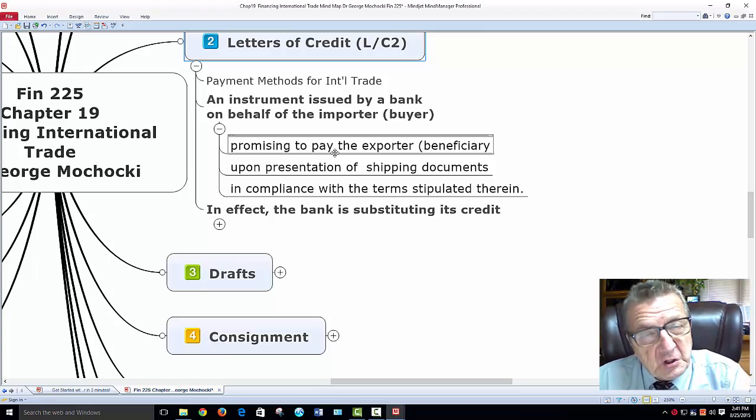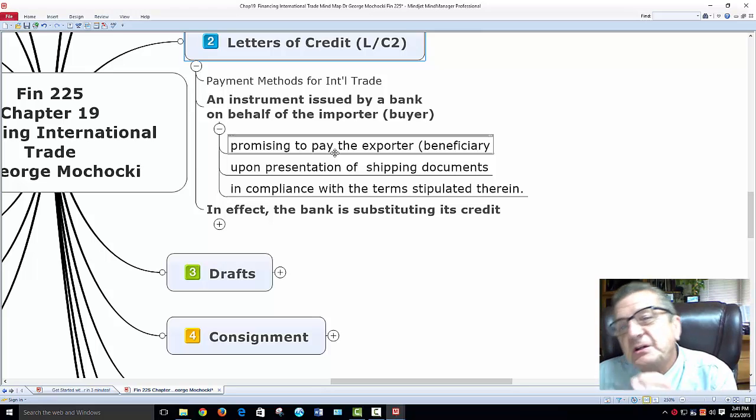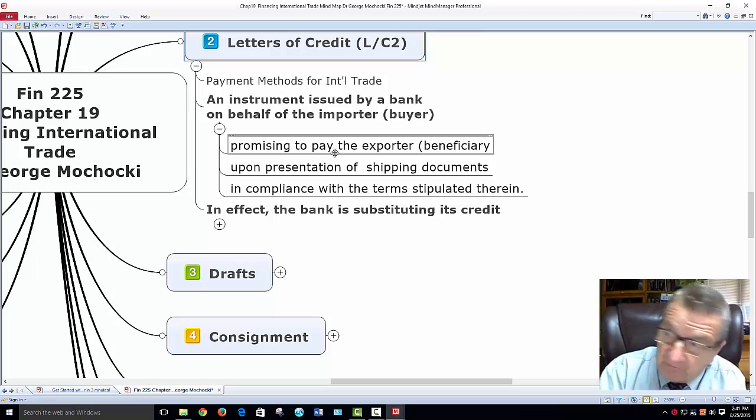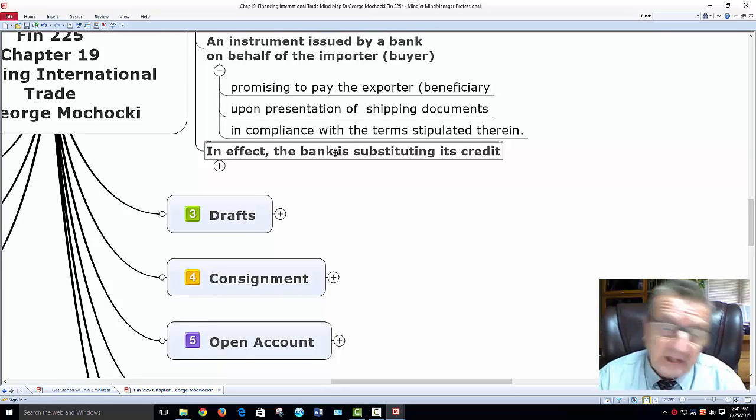Critical thinking skills are what you're learning in this course, and in all the courses at Harper and other colleges, where the instructors are trying to get you to start thinking outside the box, thinking within the parameters, looking at what's going on to understand it conceptually. Then I could put in the equation, and now I understand, when I solve it, what does this mean? Okay. So, promise to pay the exporter, the beneficiary, upon presentation of the shipping documents, in compliance with the terms